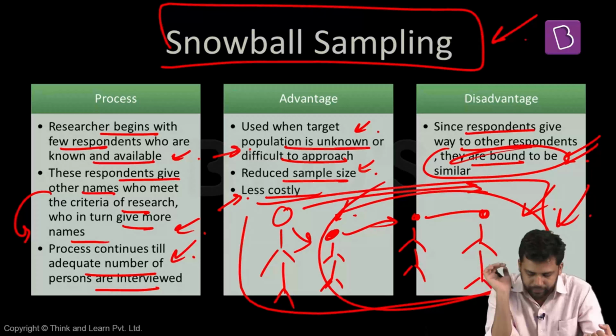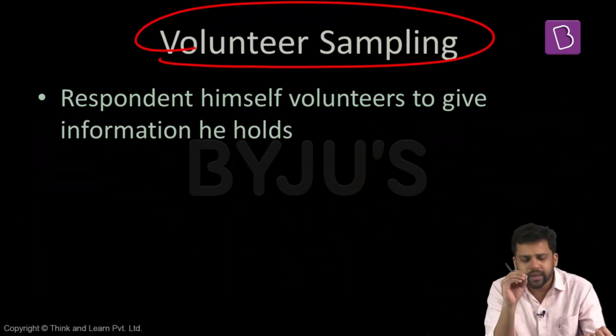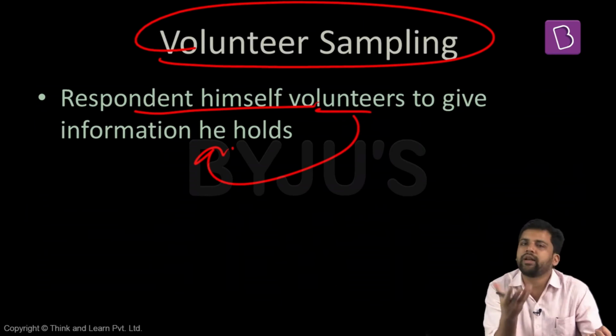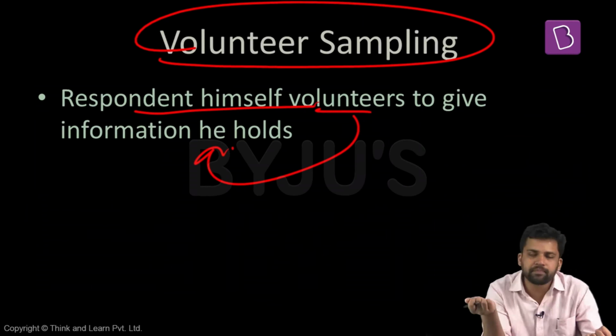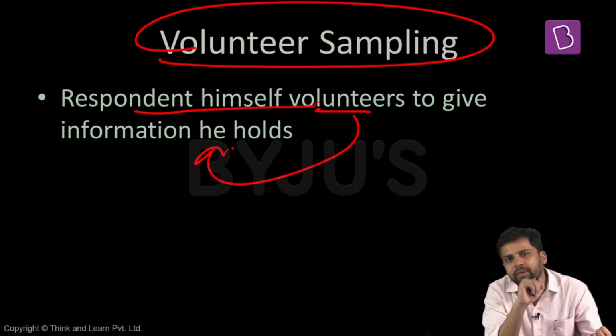So, that is the disadvantage with this method. Another method is volunteer sampling. Here, the respondent himself or herself volunteers to give information he holds. So, voluntary information is obtained. So, this is again another type of non-probability sampling method. These are the most prominently used non-probability sampling methods: convenience sampling, purposive sampling, quota sampling, snowball sampling, and volunteer